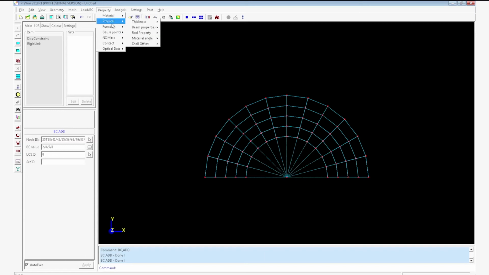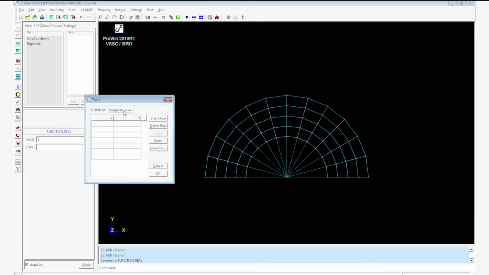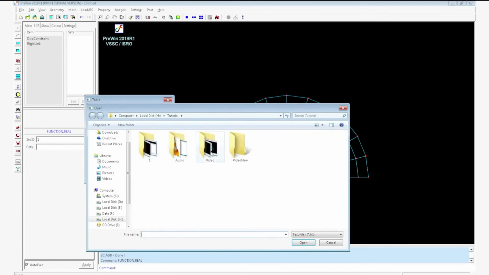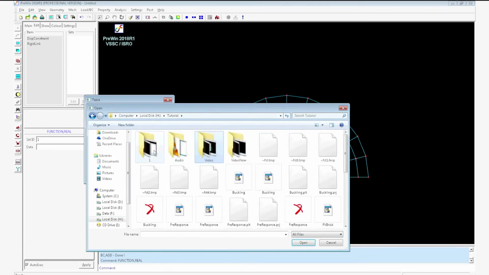Go to Property, Function, Real Table. Here, you are going to enter the frequency versus acceleration data, that is the shock data. Select the corresponding file for shock data which is already saved in some folder.